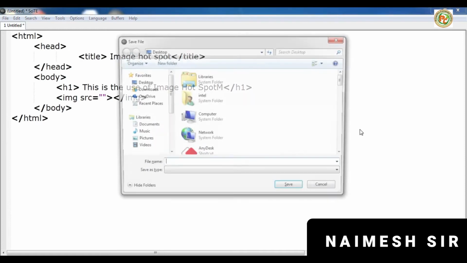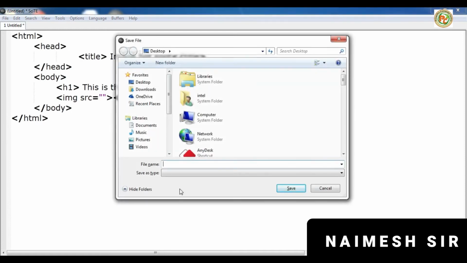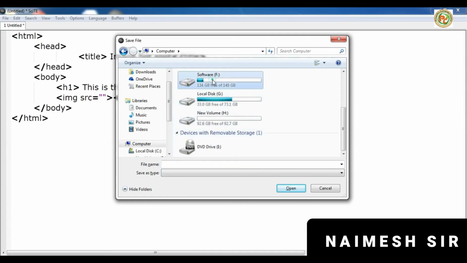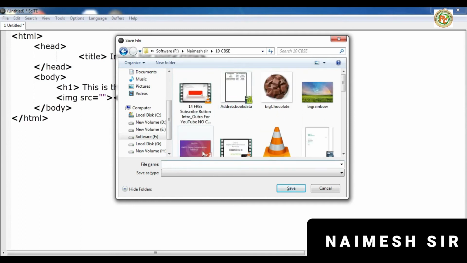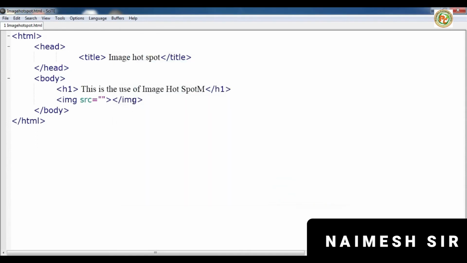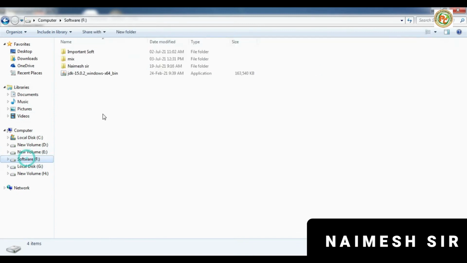Now we want to save it, so press Ctrl S and go to the current folder. We'll write imagehotspot.html. This is the HTML page. Now again we are going to copy some images which we want to open.